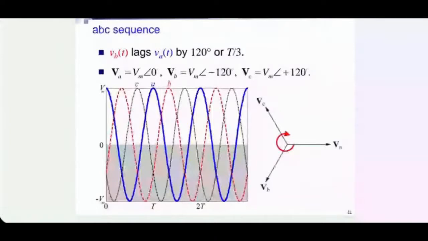In terms of phasors, you simply write the peak value and the angle. You don't mention the frequency. We have gone through that. And you have also been told that minus 120 degree, in fact minus 240 degree, can be also written as plus 120 degree by adding 360 degrees to it.